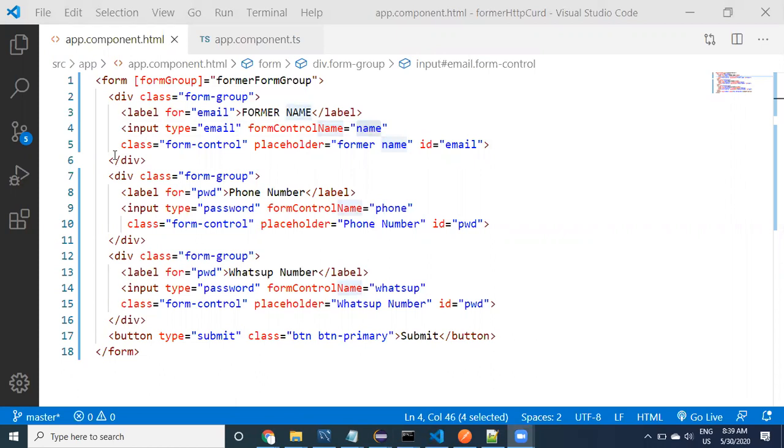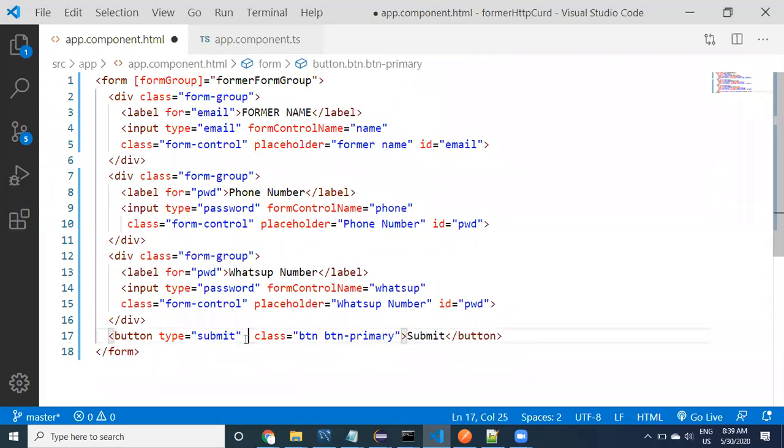The next thing that we need to understand here is, we need to take a button, right? When you click on it, we need to take this data and send it to the backend. Before calling the backend, let us take one method here. Click event and then submit.